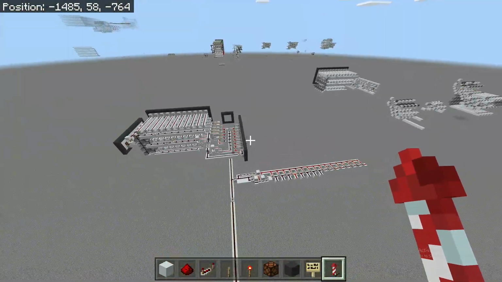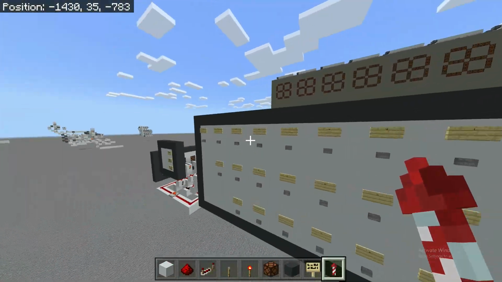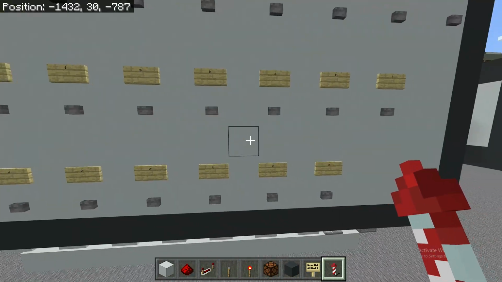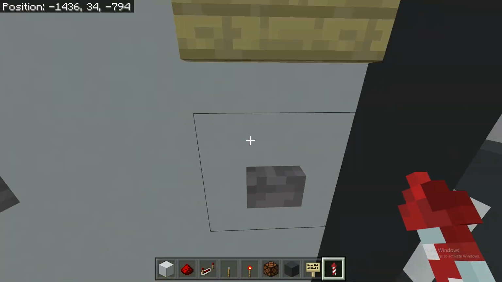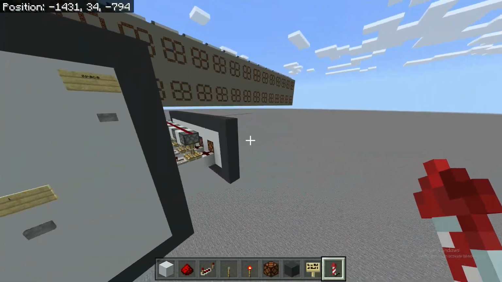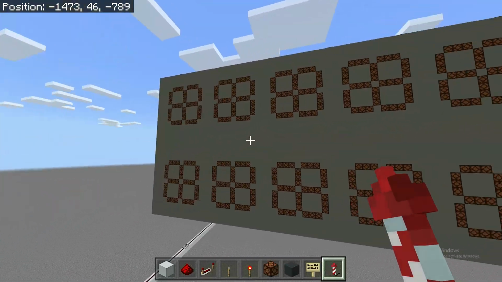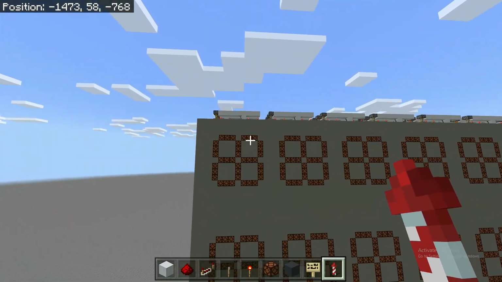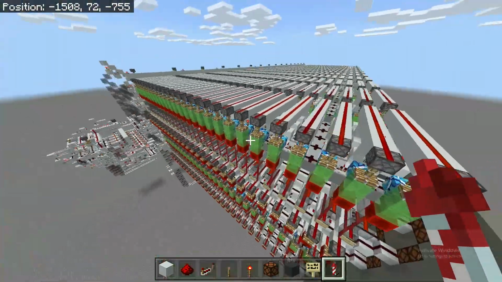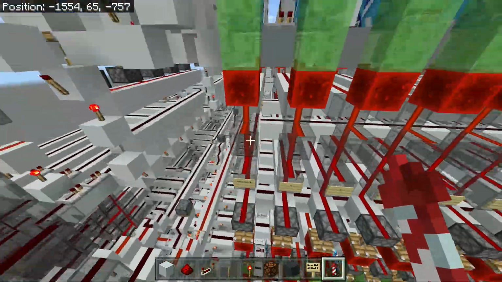So let's actually show off the different components to this. So first of all, over here we have a very simple QWERTY keyboard. So yeah, that's pretty simple, but you only have a space button on it, as you don't have any like backspace or any of the like symbols or stuff. I could have done symbols, but it'd have just made this display a bit larger, and that would have just been a bit annoying. So this has all 26 letters, sadly no numbers, because that would have been larger, as